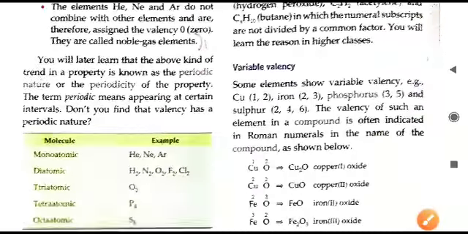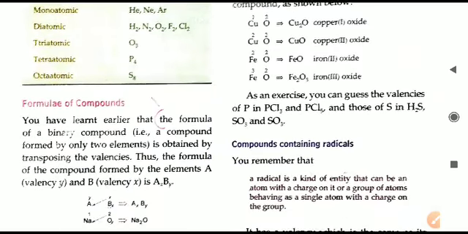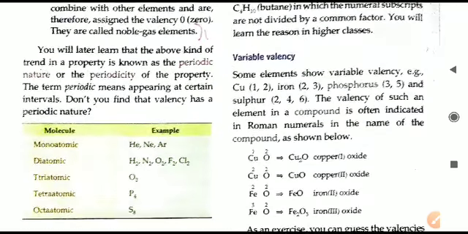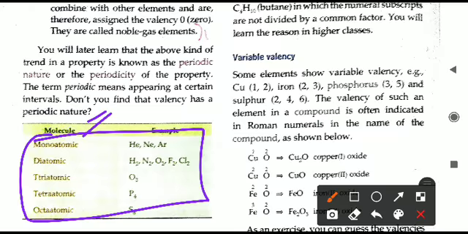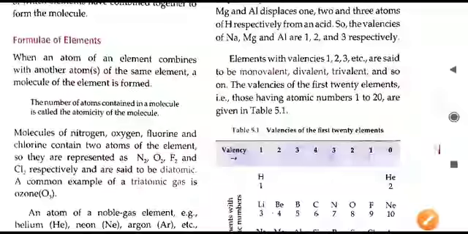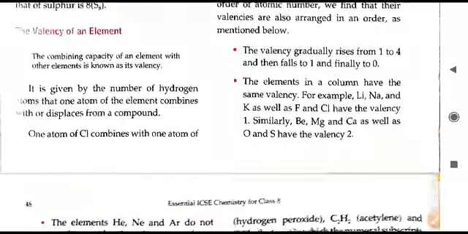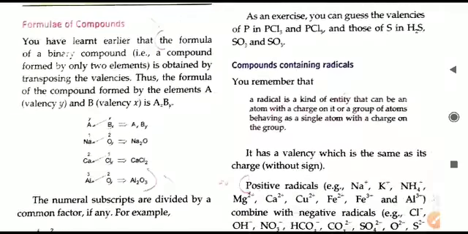We have learned how to find the formulas. Now we will see based on the valencies in the upcoming video. One more table is given with the examples: monoatomic, diatomic. Already I have explained in the atomicity concept. That table only is drawn here. They should have given it earlier, but no problem. You can learn it from here. So today we have completed all the introductory part of the formula and about the valency.